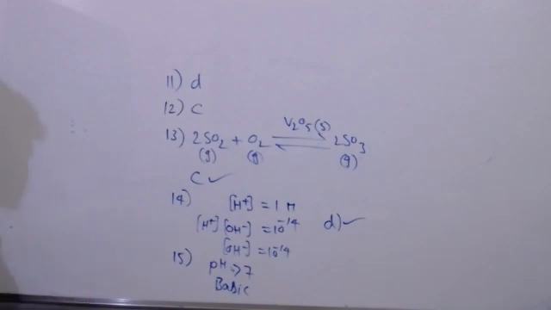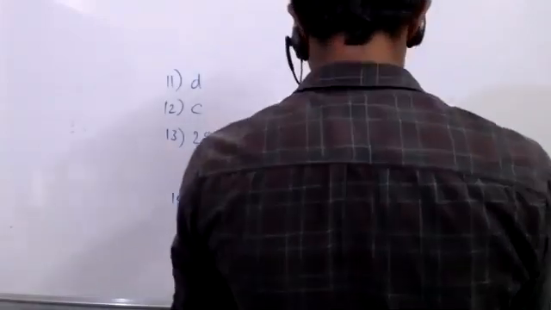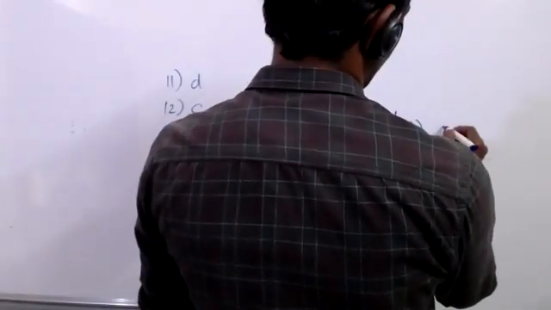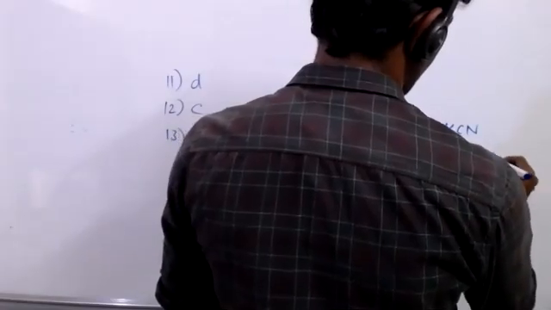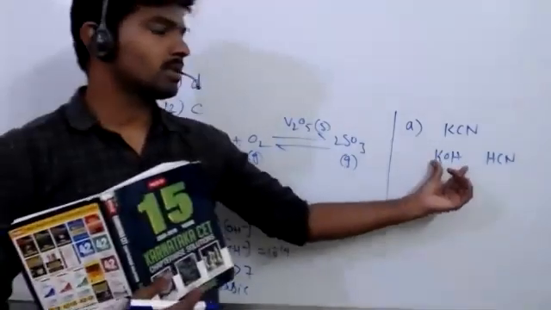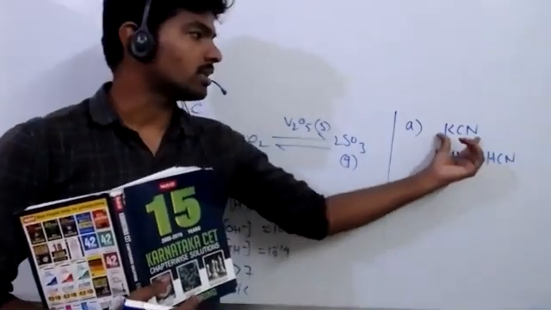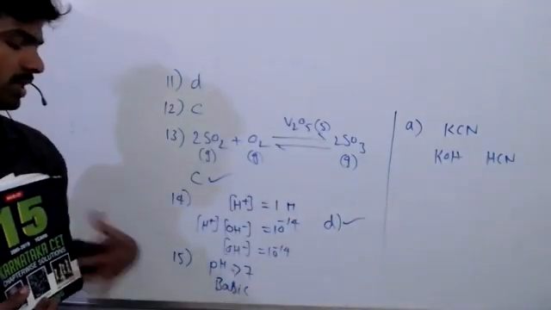I suppose we will select KCN. I think that is the only correct answer, KCN. It is obtained from the strong base KOH and the weak acid HCN. Strong base, so obviously this is a weak acid, and obviously this is a basic salt. So A is the correct answer. A basic salt having pH more than 7.